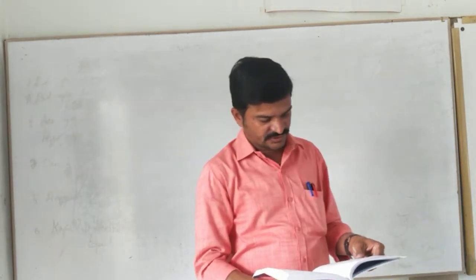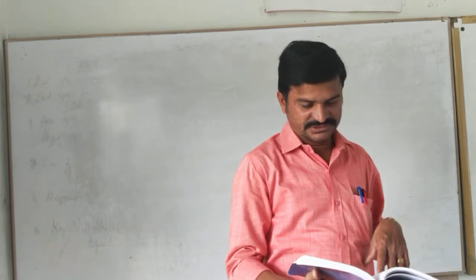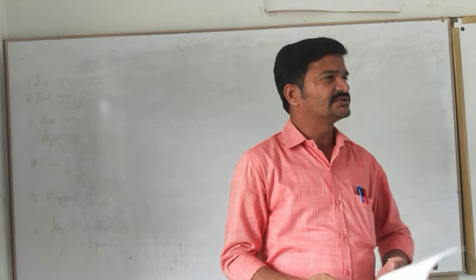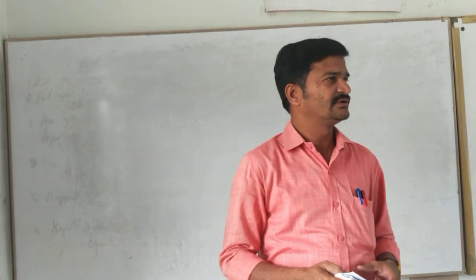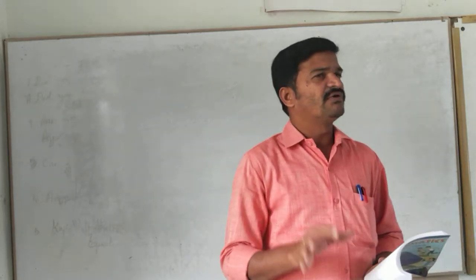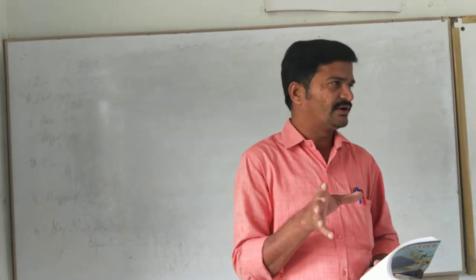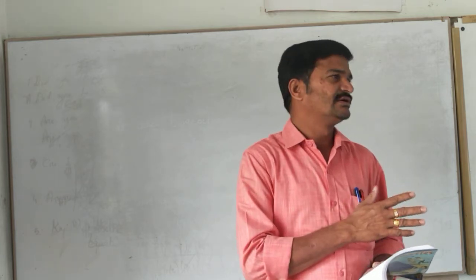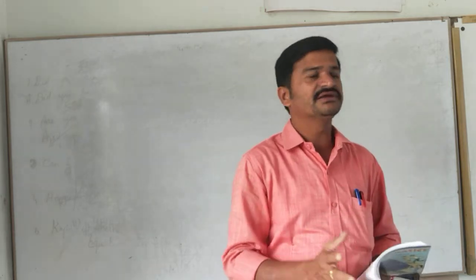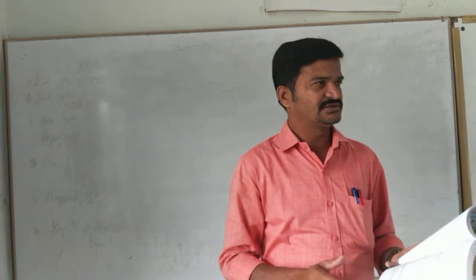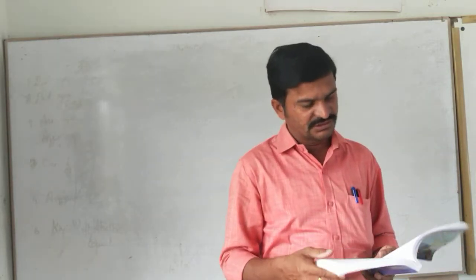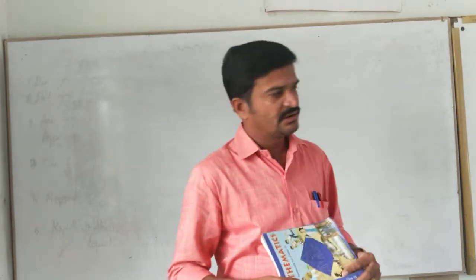So, today we are going to discuss the sums given in exercise 6.1. Yesterday also we discussed some examples, isn't it? Here also, the concepts we learnt earlier will be useful: vertically opposite angles are equal, linear pair angles add up to 180, and adjacent angles. These are all the definitions we are going to use to solve these problems. Understood?